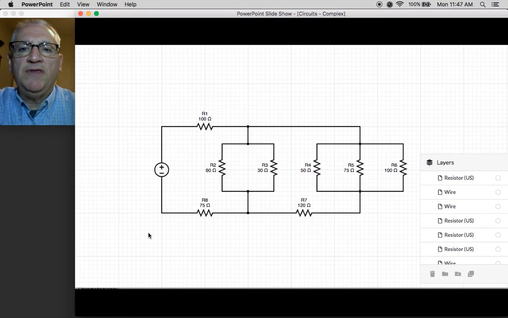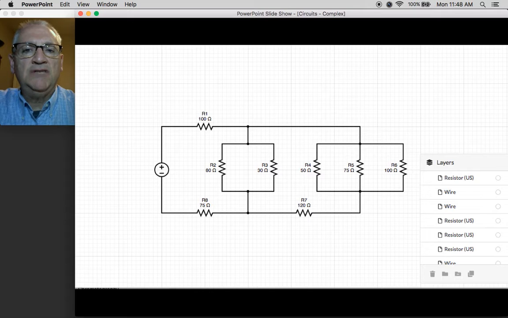Mr. Carroll here with a tutorial on how to solve a complex series and parallel circuit that you see here. You have a parallel system here, a parallel system here, and then you have some series elements contained within that. And so the order in which you do things becomes very helpful, because one of the first things that you